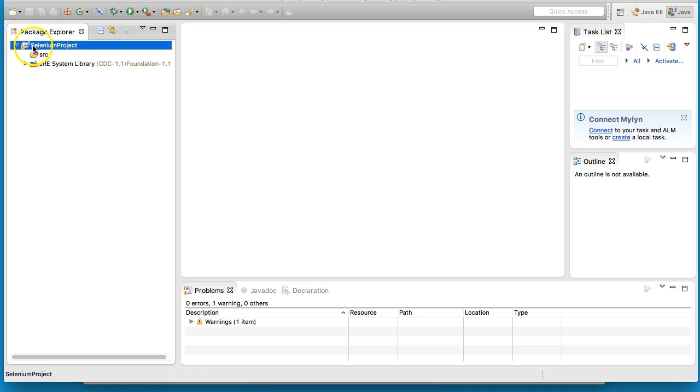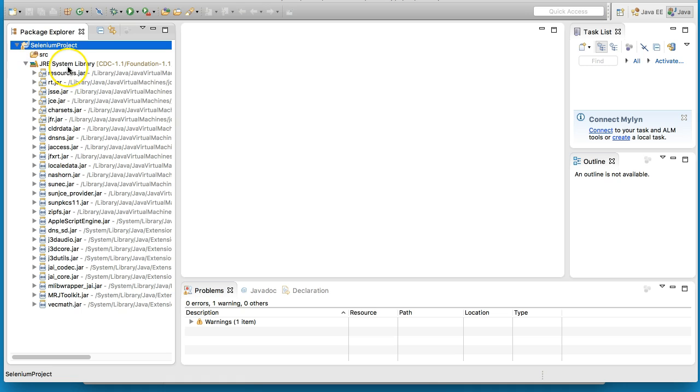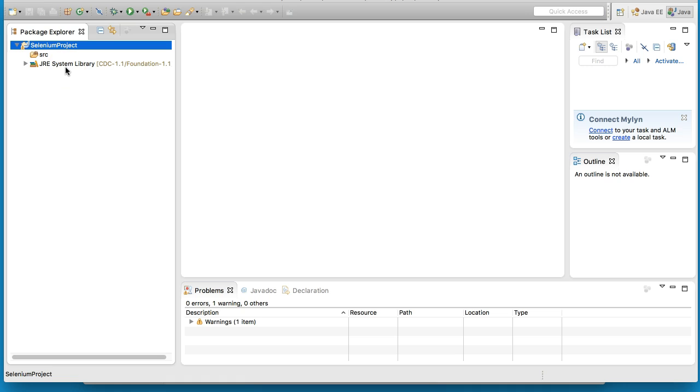and in the project folder you will see a source folder and the Java runtime environment which is required for execution of Java application. So this is the basic thing which is done. Now let us go ahead and install the Selenium specific jar files. As many of you might know, Selenium does not have any user interface. All it is, is a combination of some jar files. When you add those jar files to your Eclipse project or any development environment project, it gives you the capability to automate the web browsers.